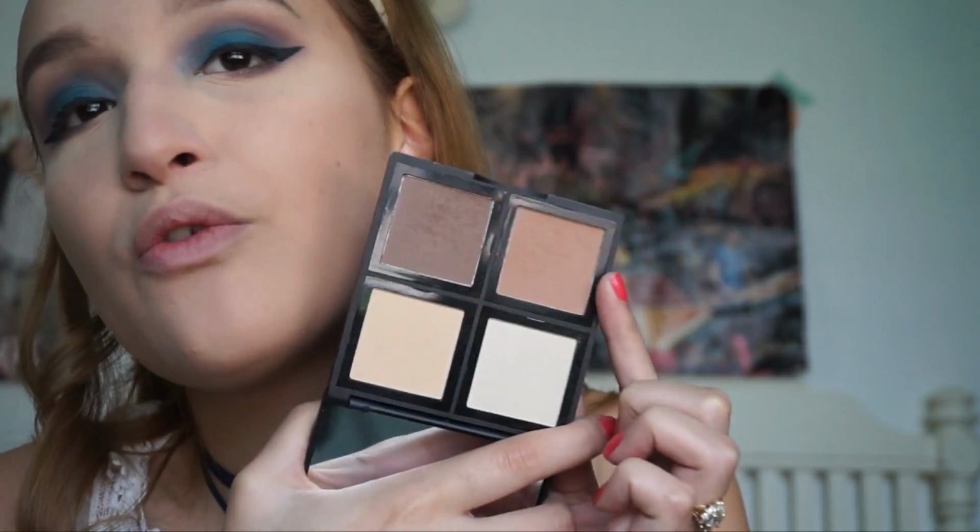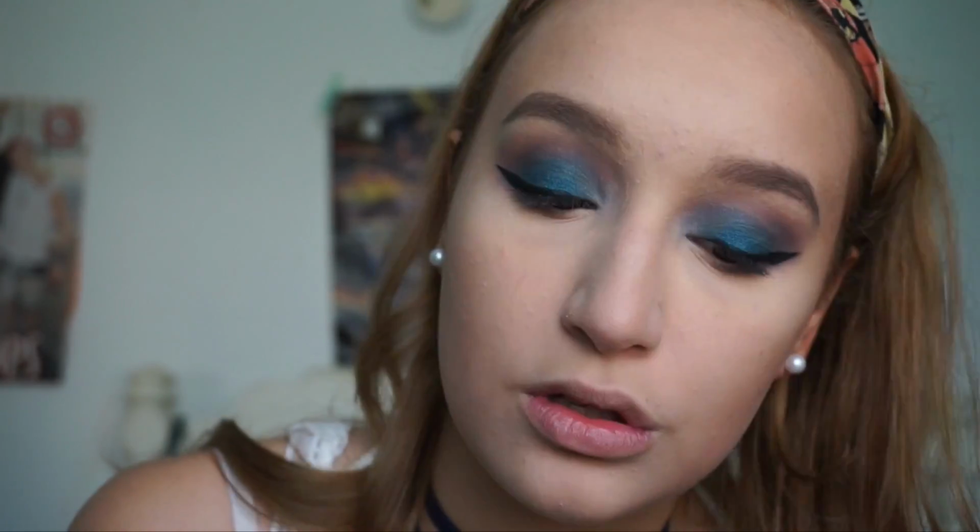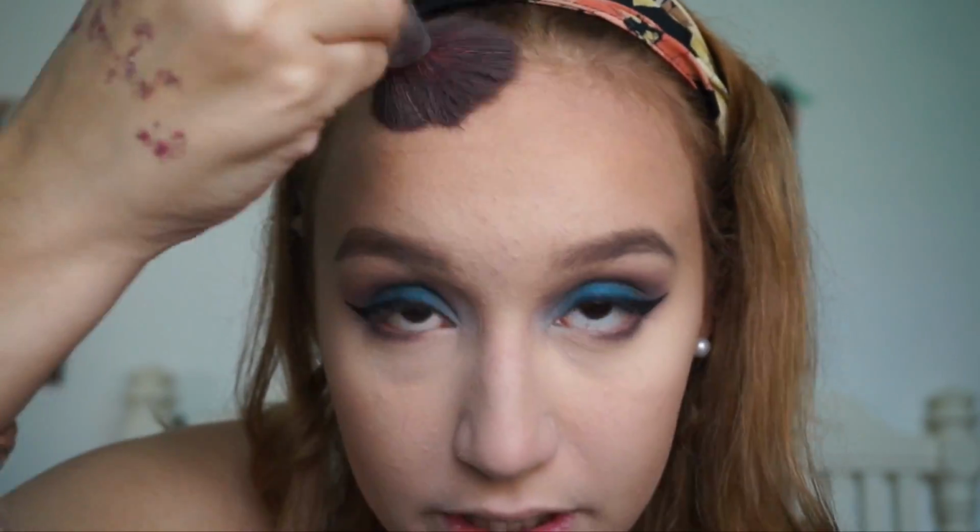And now I'm going to be using my e.l.f. Contour Palette. I got this recently and I've been liking it so far. For my forehead I use this shade, and for my cheeks I use this one. I use a darker shade for my forehead because usually my forehead is way darker than the rest of my face, so it just shows up way better. And I've tried to use that shade on my cheeks and it just looks